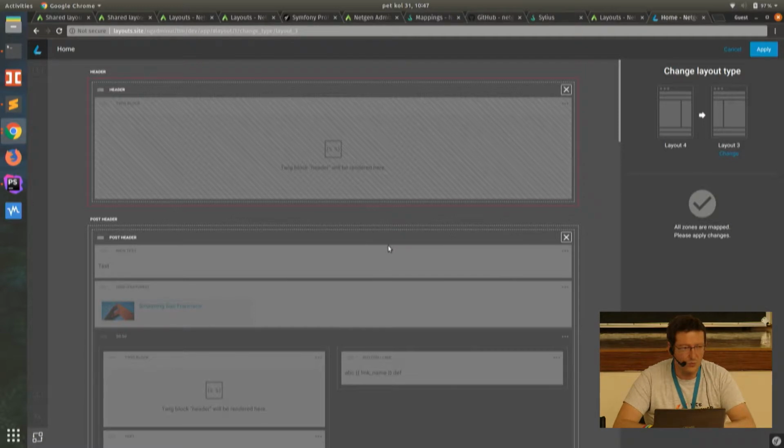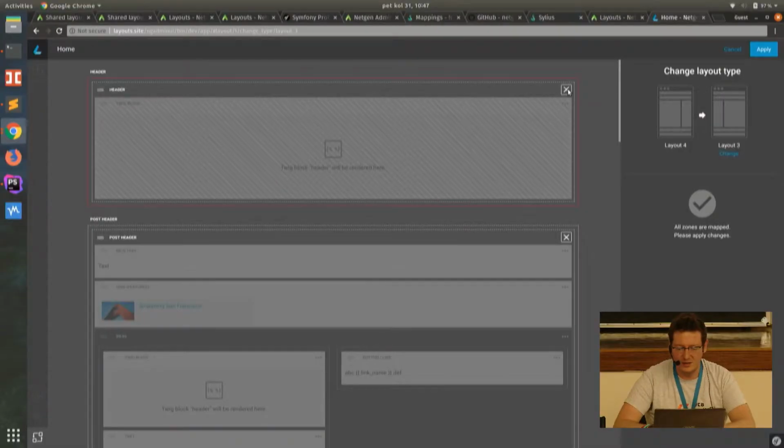So no, the ESI blocks are specific. They don't have the implementation at all in the open source version. So what you can do here is